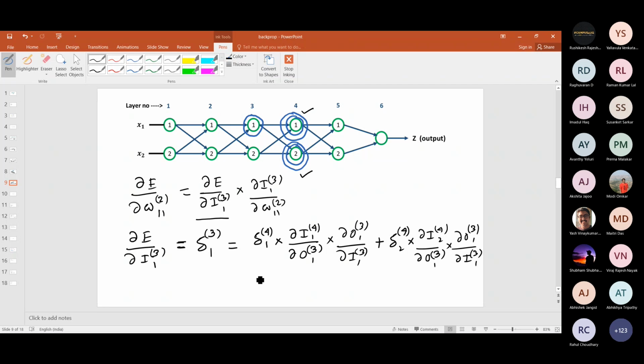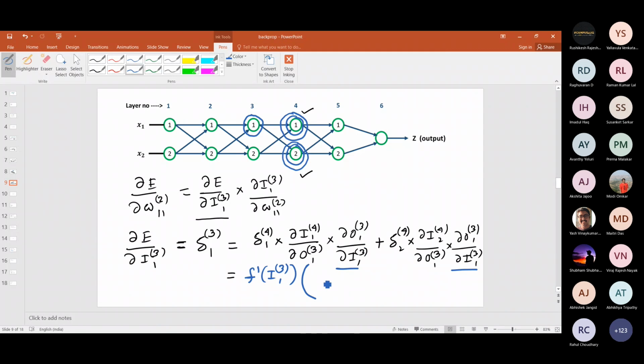Now if I simplify the whole thing, just plain simplification, it will look something like this. As you know, this particular expression, this one and this one, is just the derivative of the activation function with respect to I31. So I can write it down as f dash of I31. I should not have any trouble writing that, but this is just a common term to all these expressions, and I can write it out this way.